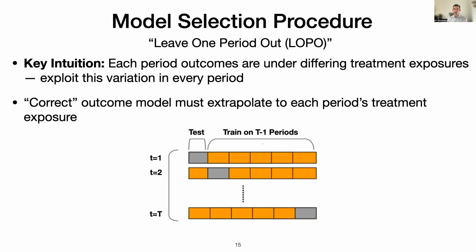So how do we actually operationalize this intuition? Our approach here is going to be to exploit the rollouts, and we're going to come up with a kind of leave-one-out cross-validation approach, but for periods. So what we're going to do is we're going to have big T periods given to us of our rollout, and we're going to fix one of these periods, and we're going to try to predict the outcomes for that fixed period using all the other periods as a kind of training set.